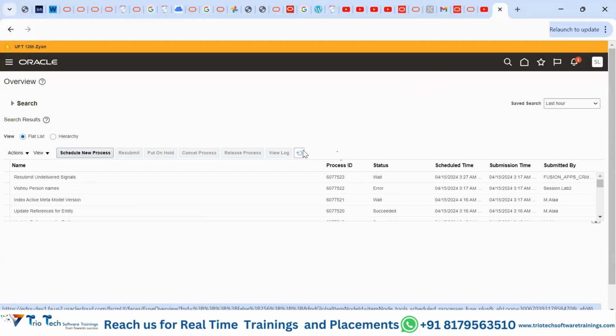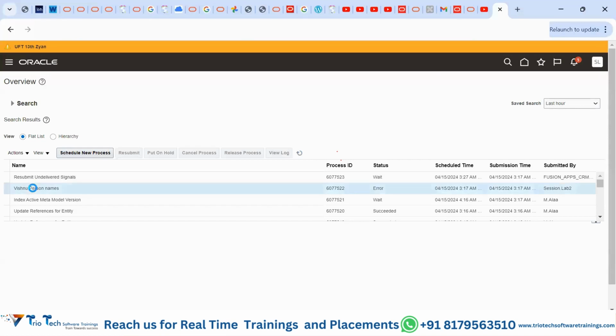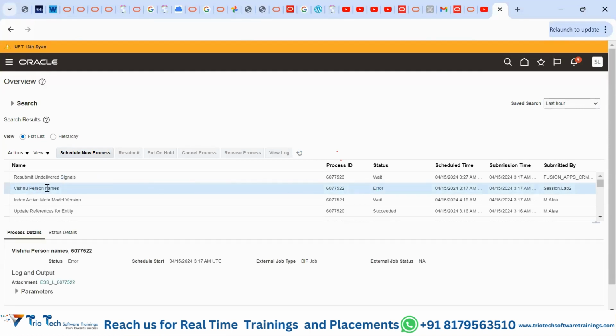Okay, as we see, this is the business process that has errored out. In case you select this particular business process and it has errored out, you can find more details: what are the parameters that you have passed, and what is the log message which has been generated. Because guys, if there is a seeded process which has errored out, you need to download the log